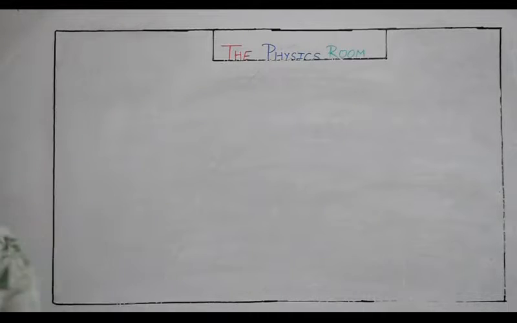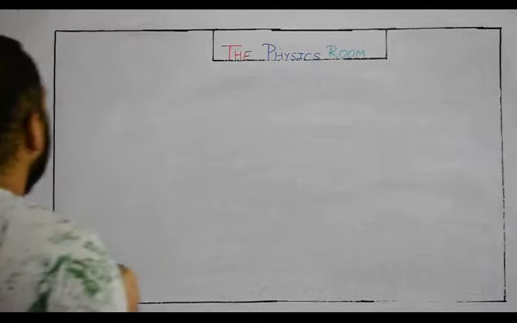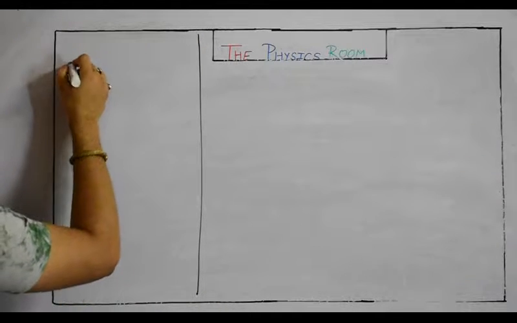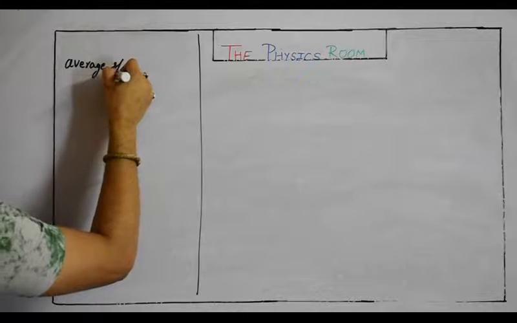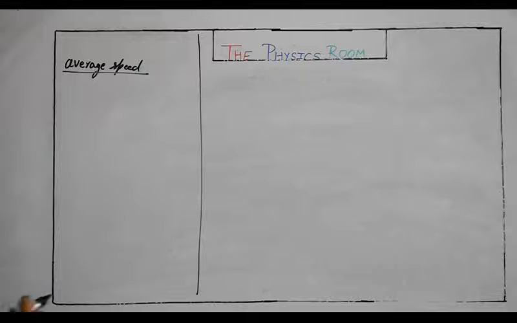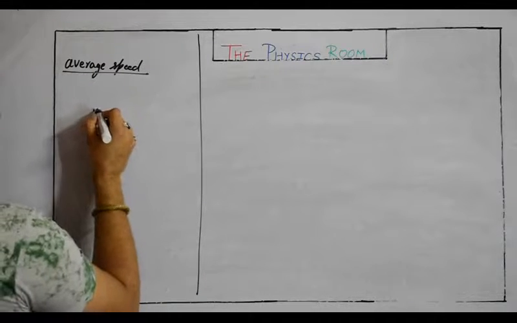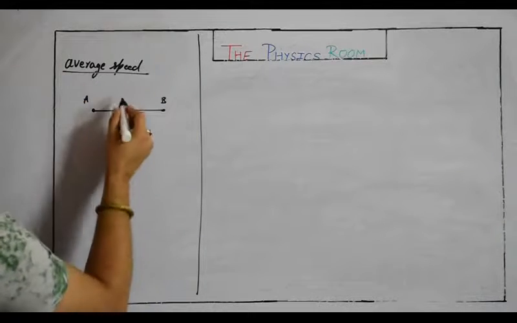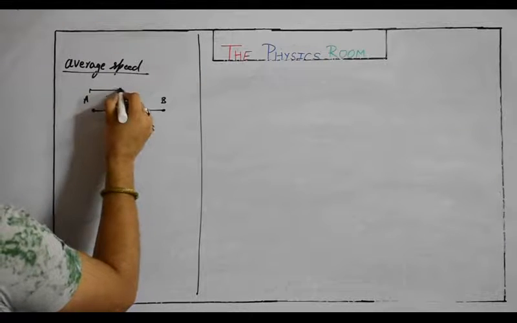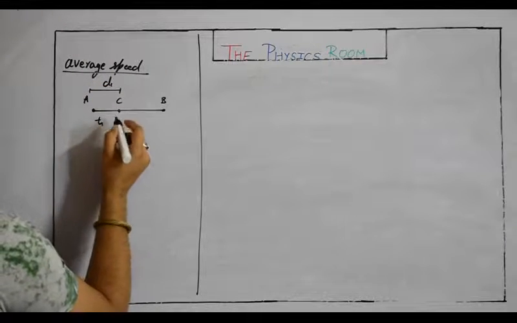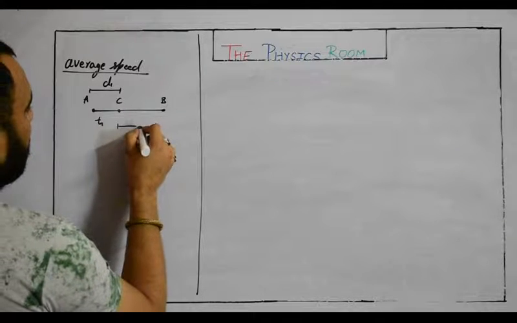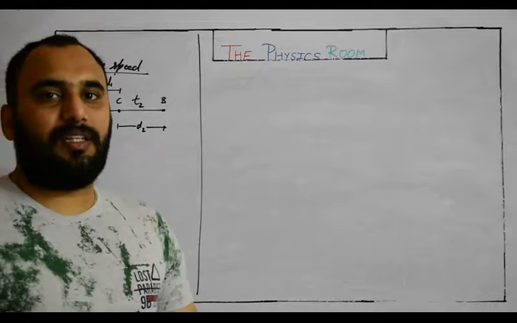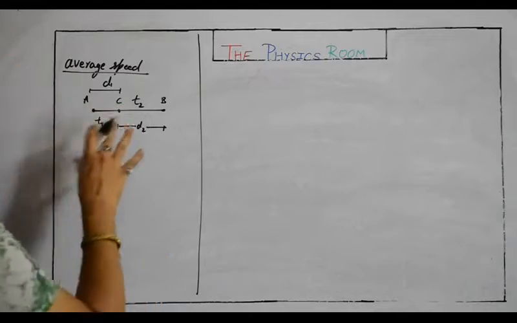Before starting the mathematical method, a few pieces of information will be required. First thing, the discussion about average speed. I hope you have gone through its definition. Average speed during any motion from one point to another point. Suppose the body is traveling between 2 points A and B, and it travels a particular distance A to C, d1 distance in a particular time, t1 seconds, and then the remaining distance d2 in a different time, during its whole journey. So at that time you need to calculate average speed.